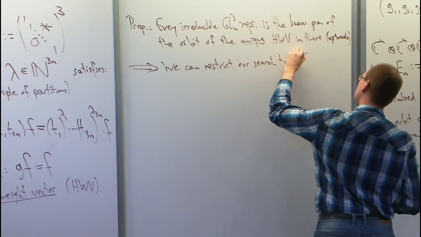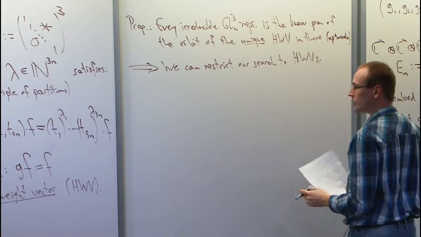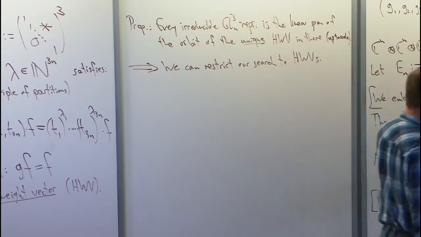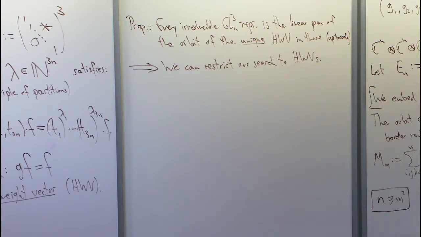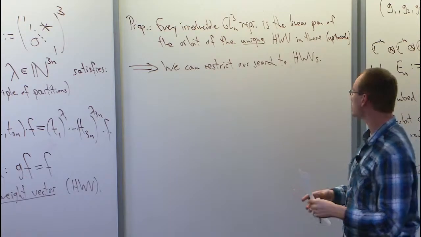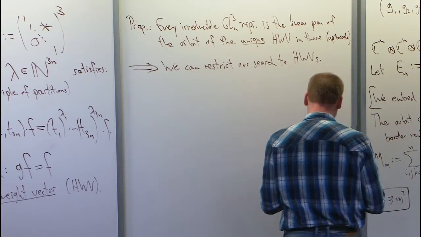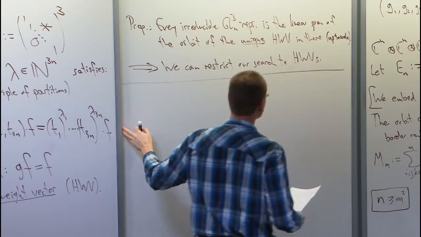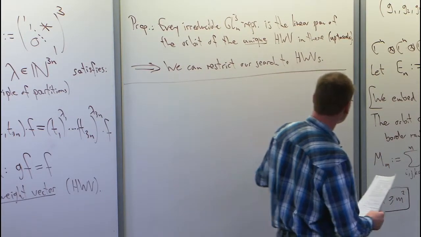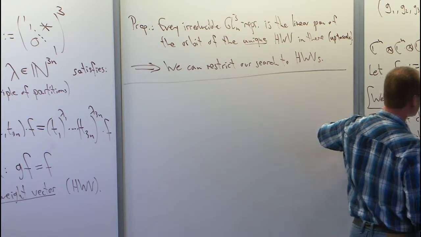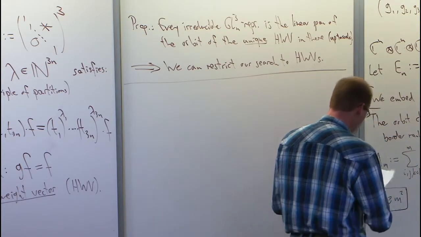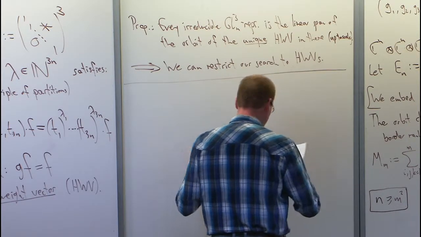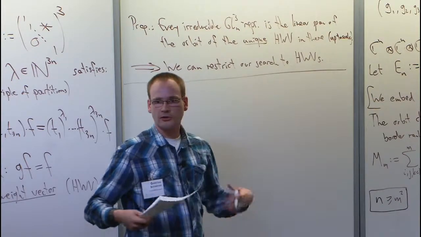Now, what do I mean by that? I mean that when you only take the highest weight vectors, it might be that you have to apply some group element, but that's not a serious issue. So basically, we are interested in highest weight vectors. The point is that these polynomials have a very interesting combinatorial structure, and you can do everything combinatorially. You don't have to think about all these things anymore. I don't give you the proofs for this, but I want to show you what kind of arguments actually work here.